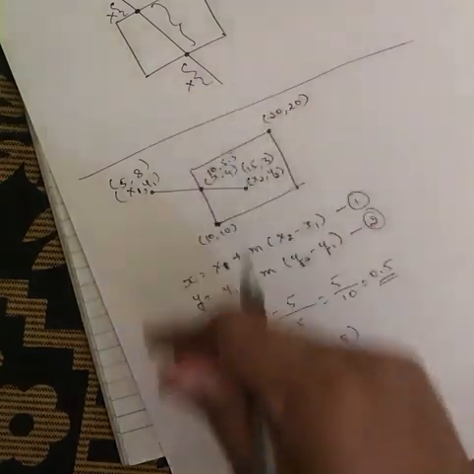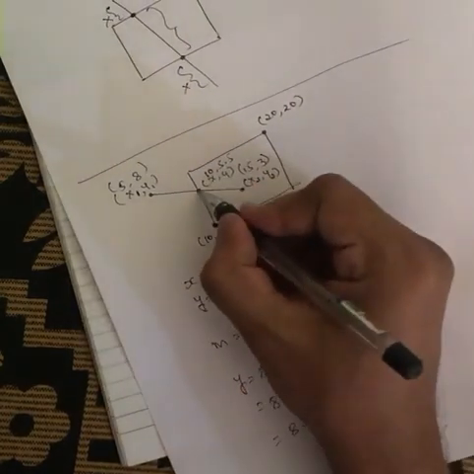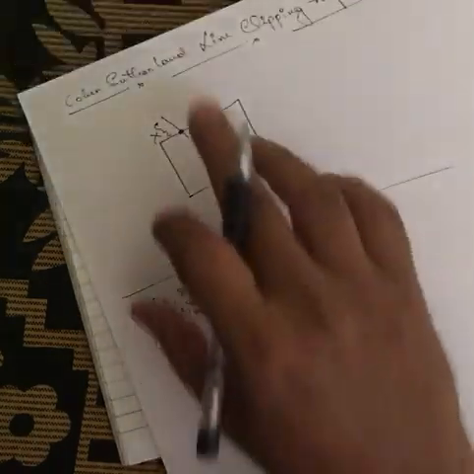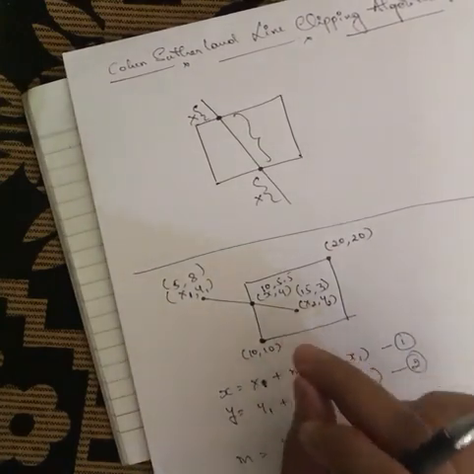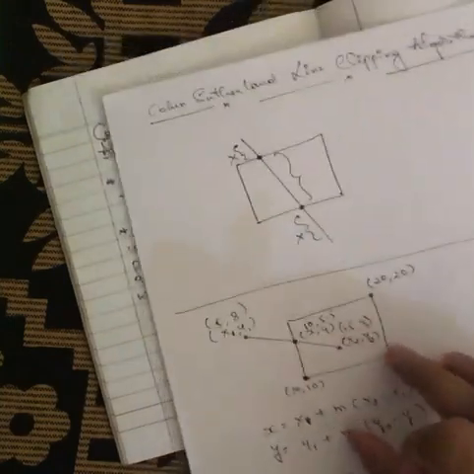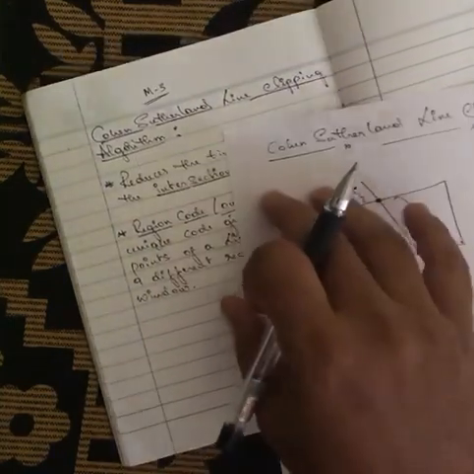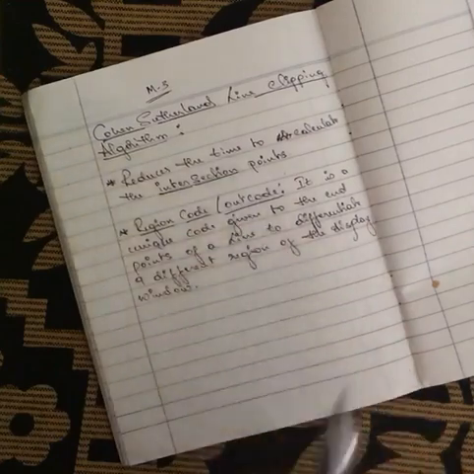So this is how you have to calculate the intersection. But remember, every time you find the intersection point, you have to do a lot of calculation. So the Cohen-Sutherland will tell you whether you have to find the intersection points or not. Rather than simply calculating the intersection point, the Cohen-Sutherland will decide whether the line is completely inside or outside, and then it will tell you whether to calculate the intersection points or not. So that is the definition of the Cohen-Sutherland.